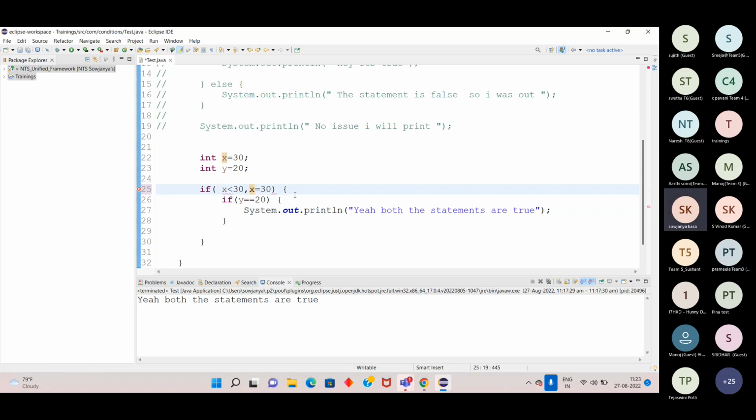X. Okay. Sorry. X is less than 30. X is equal to. Sorry, once again. And madam, you should give. Sorry, why? Because